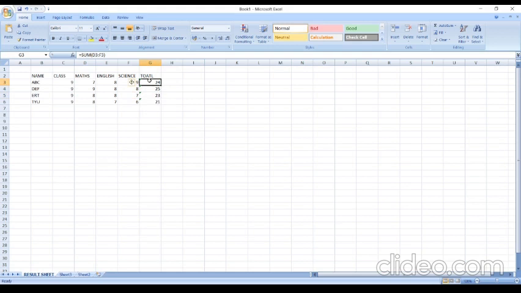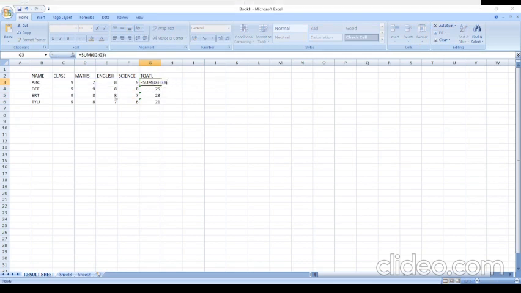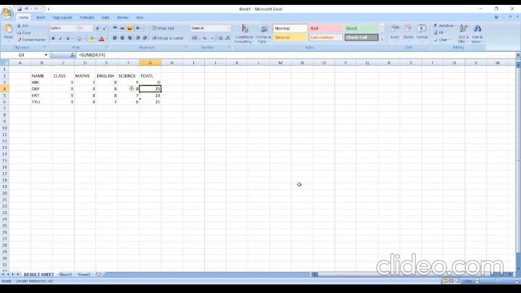So you can enter number, formula, text. Now you can also enter a number as a text. So whenever I put a formula here, auto sum, you can see it is taking 9 also, but I don't want it to take 9. So what I can do, I will make this 9 a text.